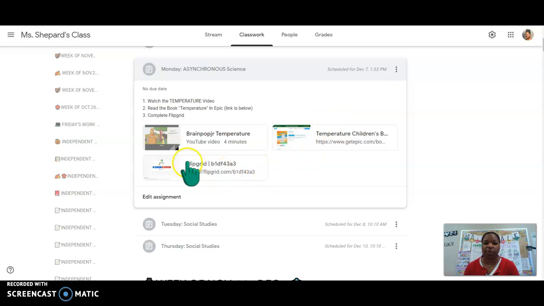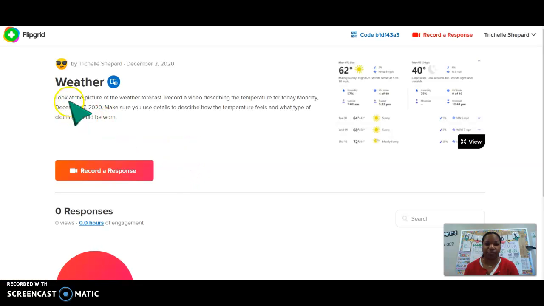After you've read the temperature book, you're going to complete the Flipgrid. So you're going to click the Flipgrid link, and it says, look at the picture of the weather forecast. This is the picture of the weather forecast right here. Record a video describing the temperature for today, which is Monday, December 7th, 2020. So you're going to look at the temperature for today, and you're going to create a video describing the temperature for today. Make sure you use details to describe how the temperature feels and what type of clothing should be